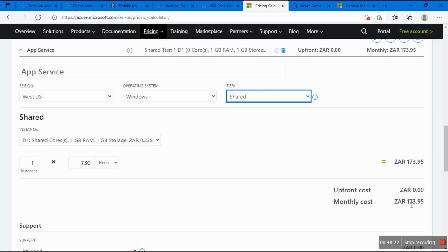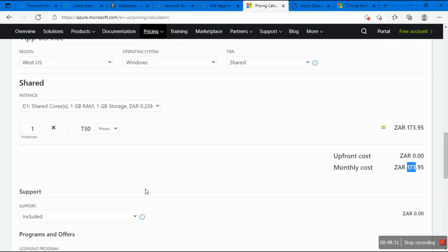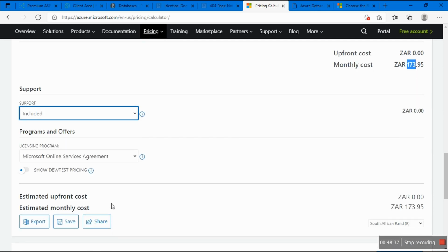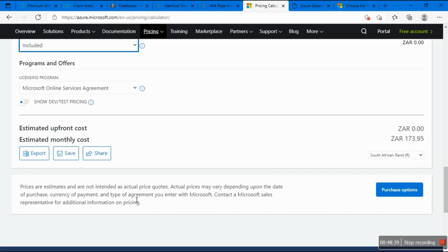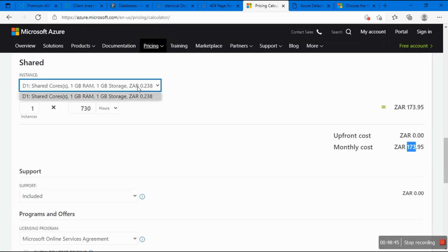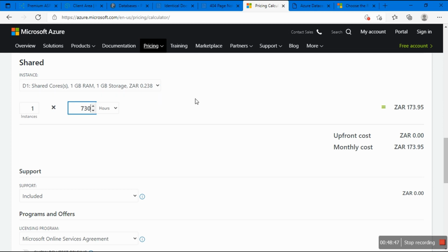I don't mind paying this much money. I don't want to lie. This is nothing to go to Azure. I don't mind paying this. And then we can talk about instances, and then support is included, and then you get the license, you know. So yeah, 173 rand. Okay, now I can handle it. So what about what we see here? Oh, so it's a shared one, only